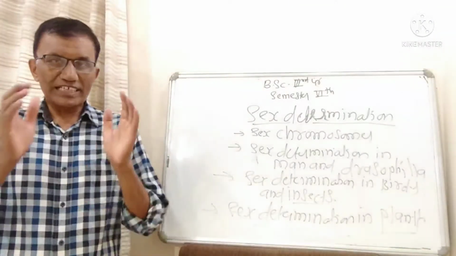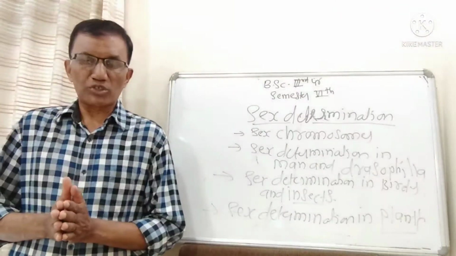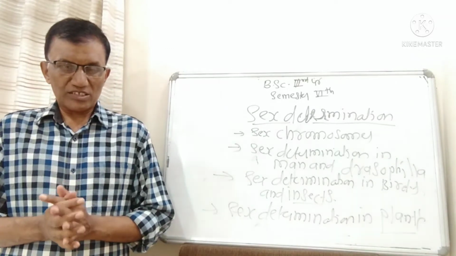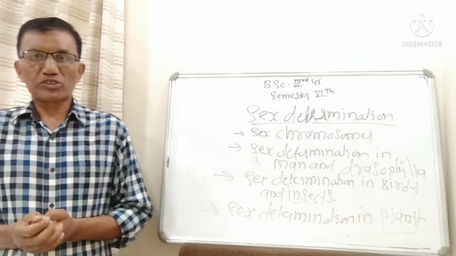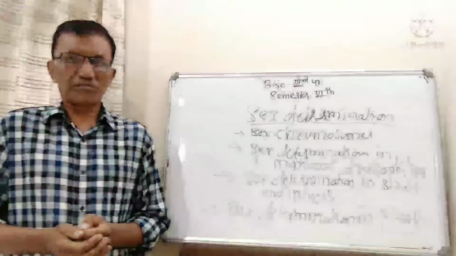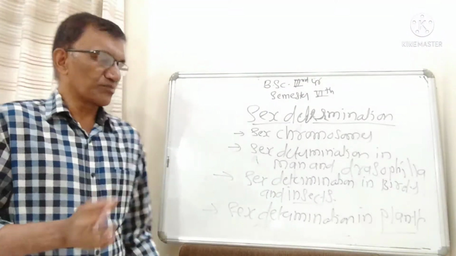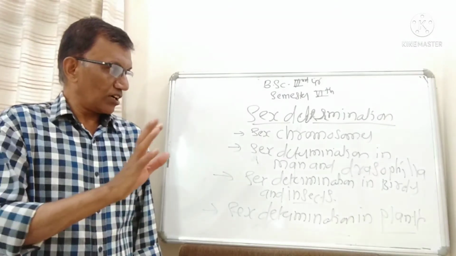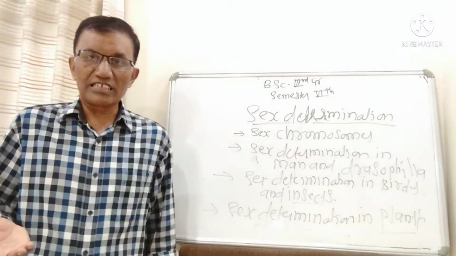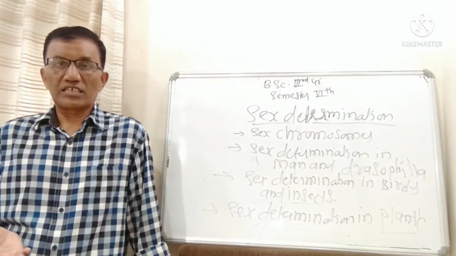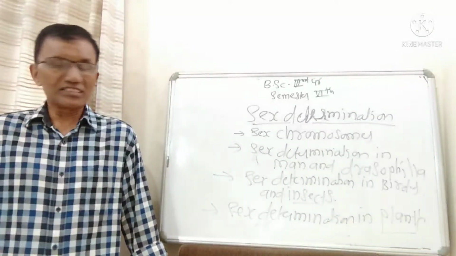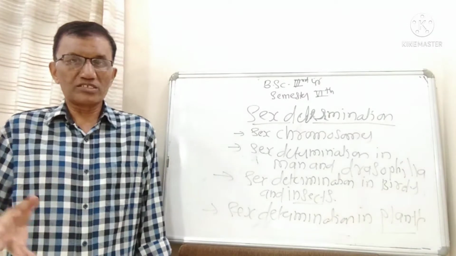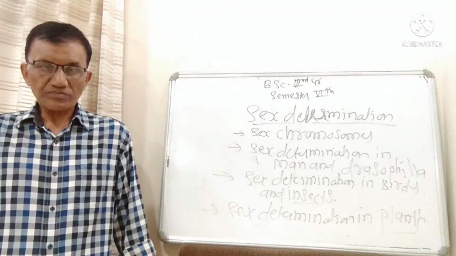Likewise, for each one you have to remember the example of that particular aspect. Then only you will be able to write the correct answer to that particular question. Likewise, I have completed lethal genes. What are lethal genes? A lethal gene is a gene which is responsible for the death of the organism. So recessive and dominant, all these things we have seen.